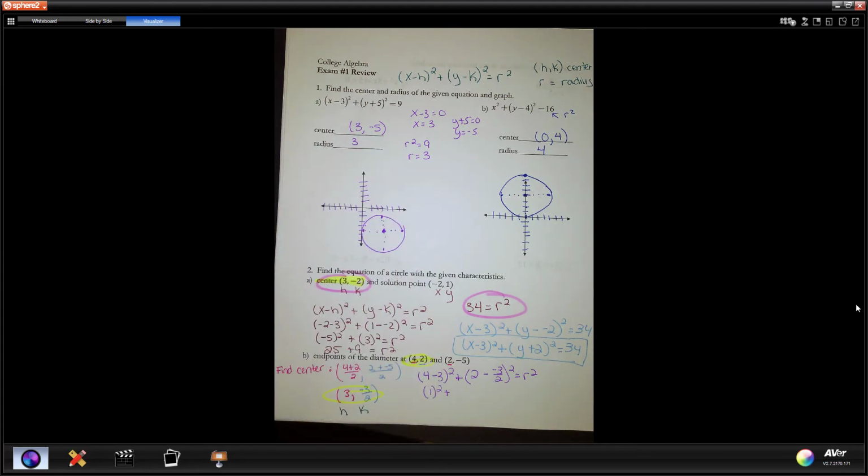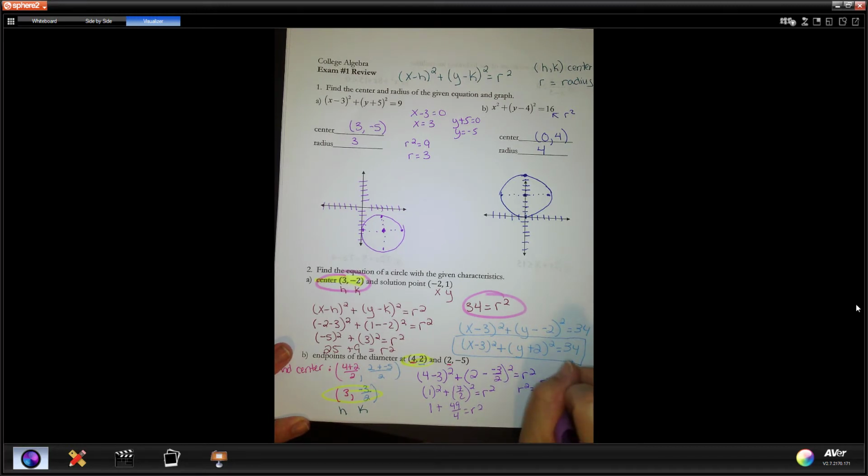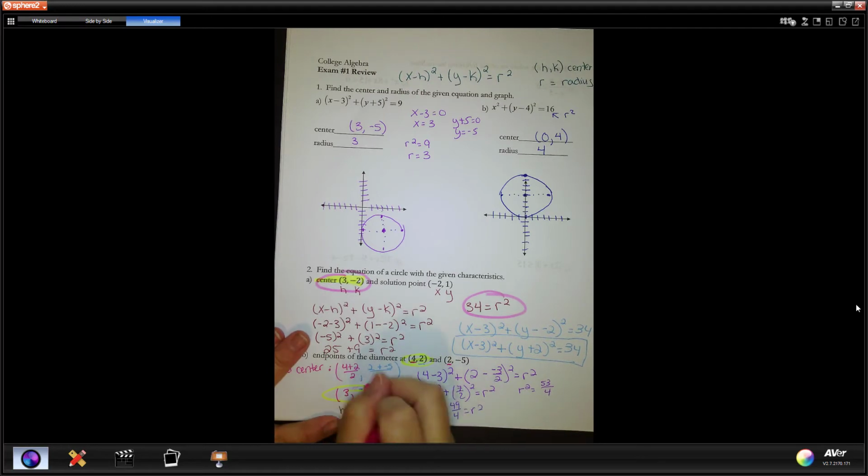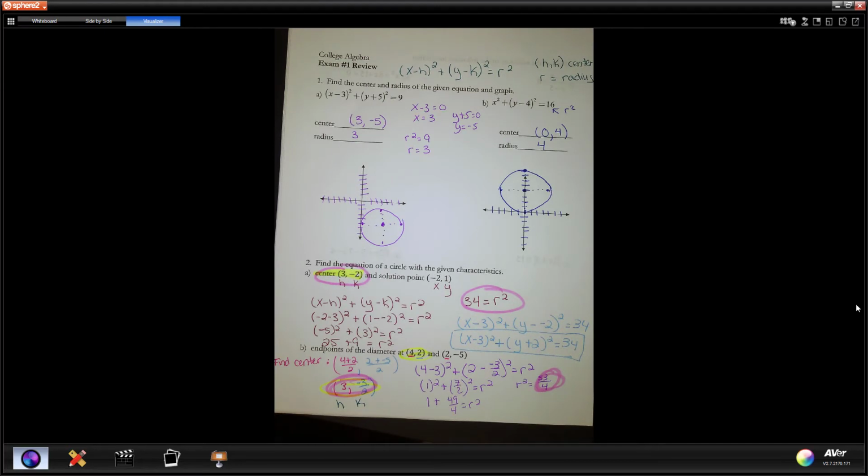So 7 halves, just double checking. Quantity squared equals r squared. So 1 plus 49 fourths equals r squared. So in this case, r squared equals 53 fourths. So now we're going to go ahead and use our center and use that r squared to write our final